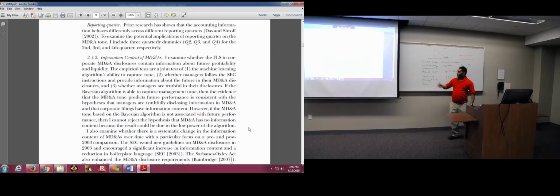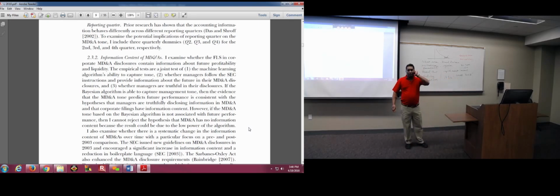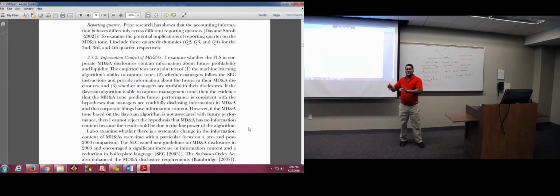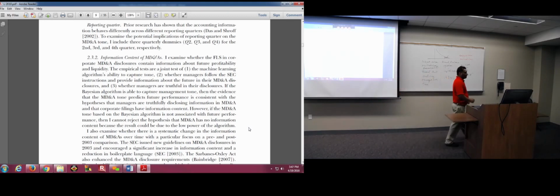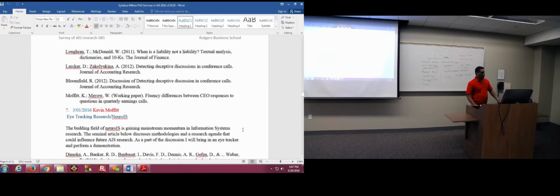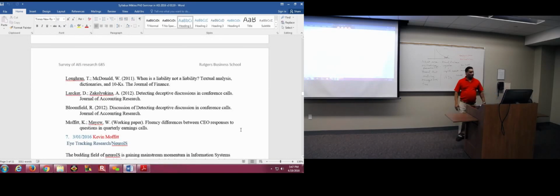And increasingly, something like text mining is. Once upon a time, if you chose to do text mining, the professor would say, well, I can't advise you, capital market, you better go find some AIS professor, because I don't understand all this technology. Today, it's just a common routine tool in accounting research, capital market research. So sometimes there is a migration of the tools from AIS into traditional accounting, right? And the reason I pointed this out is because Kevin, of course, does this kind of research.